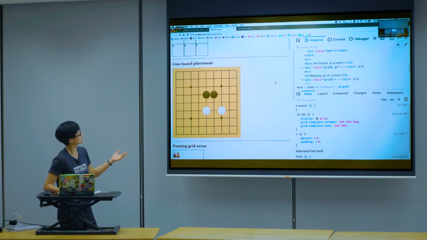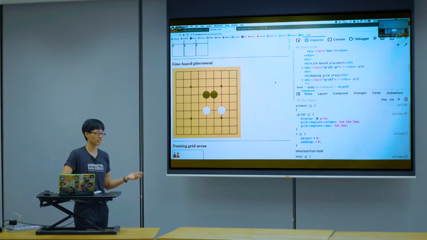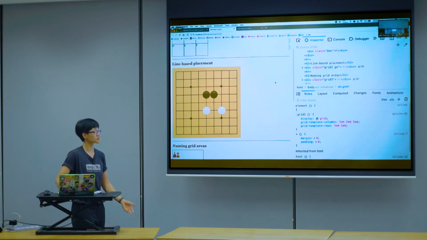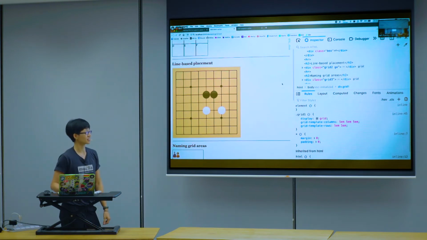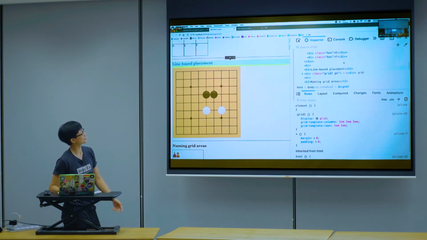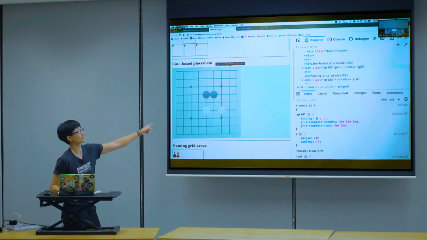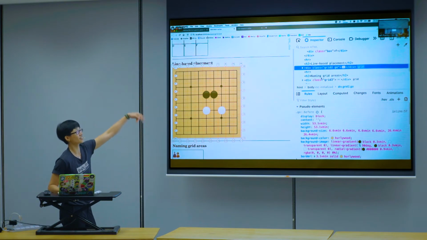So what is this? For those of you who maybe don't play board games, this is a board game called Go. This is the beginner version. So it's a 9 by 9 board instead of 19 by 19. Honestly, it's because 19 by 19, I'm very tired. I cannot. I also don't know how to play Go, so we do the beginner version. So it's 9 by 9. So 9 columns means 10 lines.